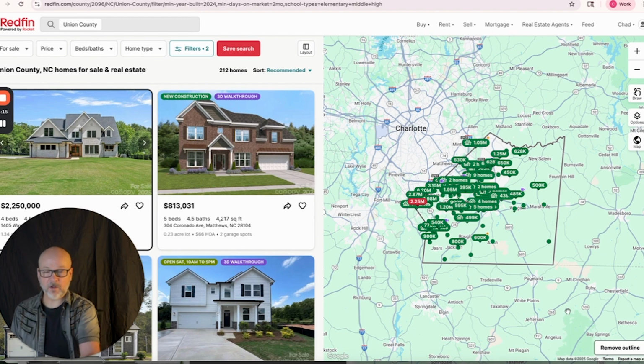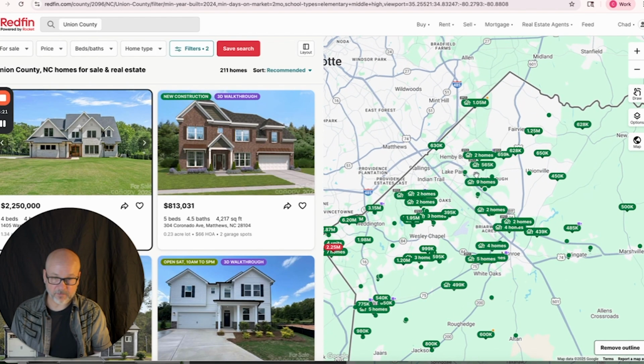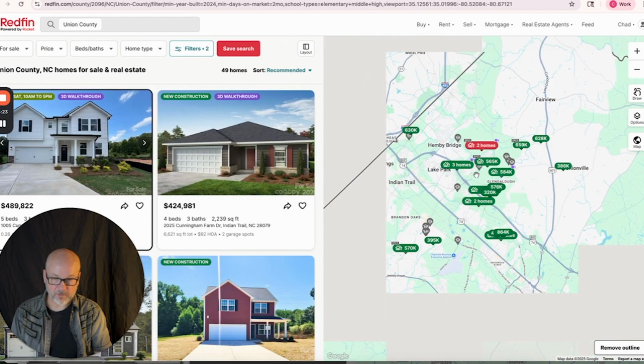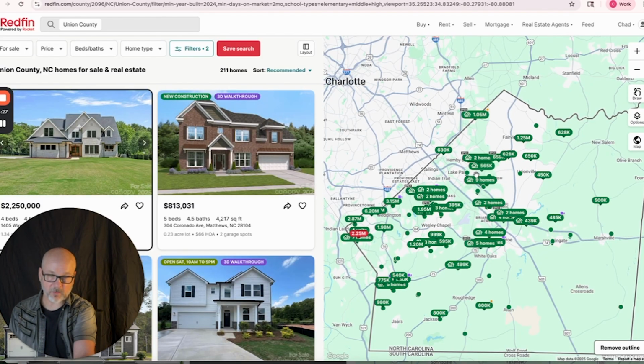Still, all the new homes there are still close to Charlotte here. And it's kind of spread out, kind of all over the place there. But there's a place called Monroe. You can see that it kind of angles around Charlotte. So to actually figure out where those zip codes are, what you can do is